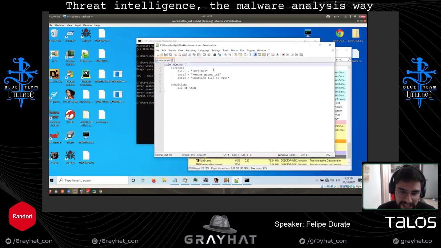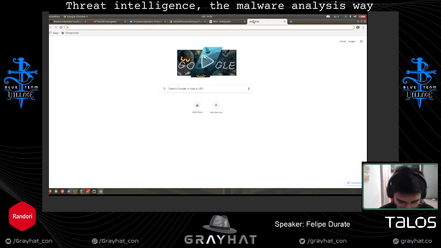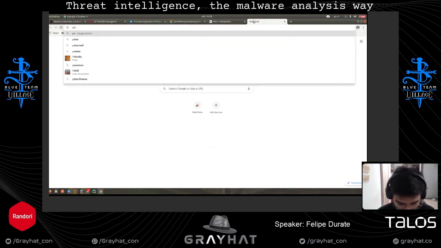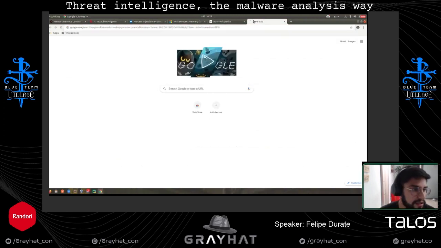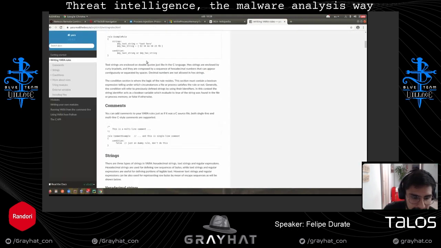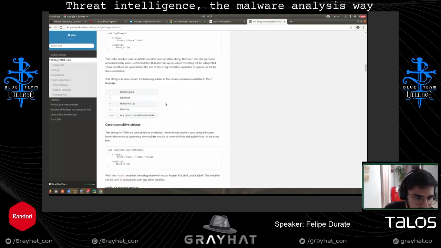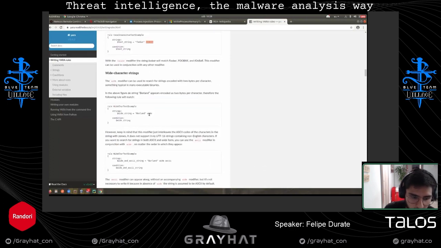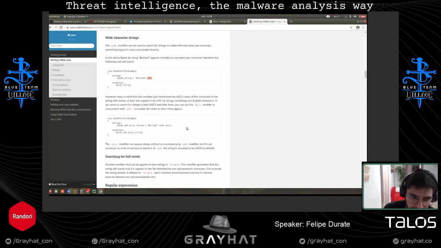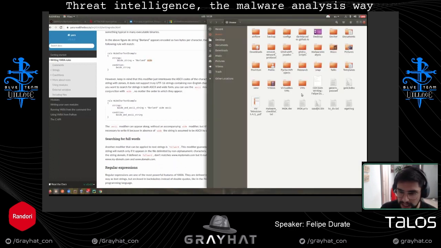So you can go to Google, write YARA rules, YARA documentation, just in case, writing YARA rules. So you will see that you can append some types of strings. Probably that's the thing that is missing here. So for example, nocase, wide, ascii wide. So we're going to test those YARA rules. But we just need to test.